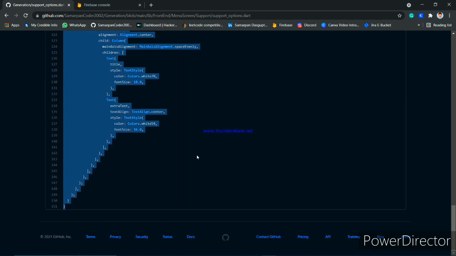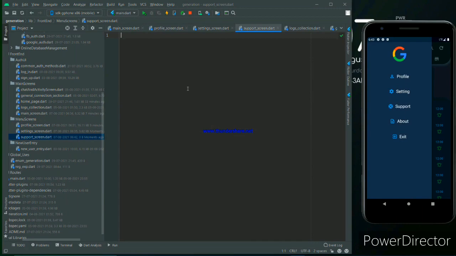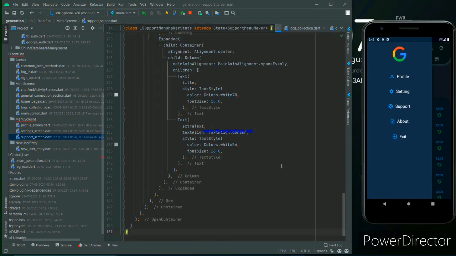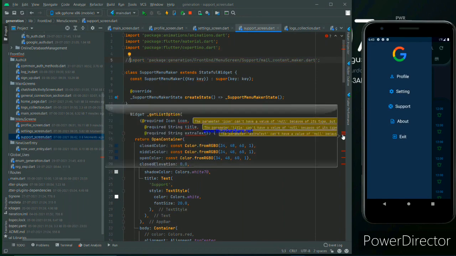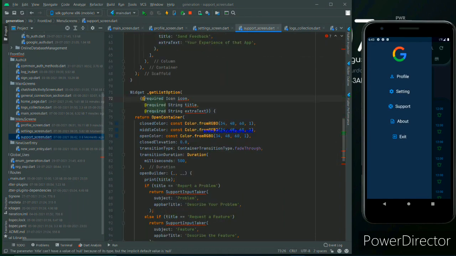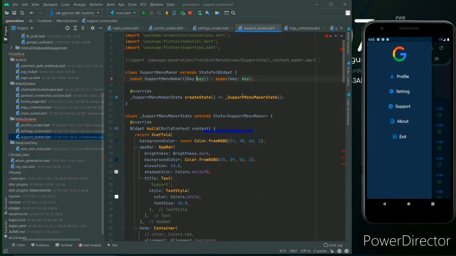Actually, I take the code from my previous build generation app code from my own repo, not any other repo. Yeah, as usual there is some problem. Actually, in the null safety version, required is updated to just required, not the @ of required. That's why the problem is coming there.